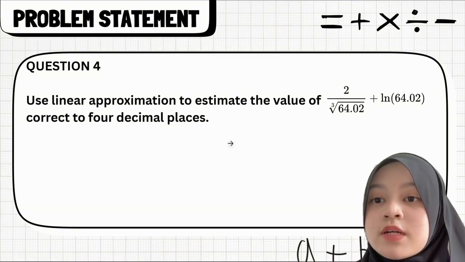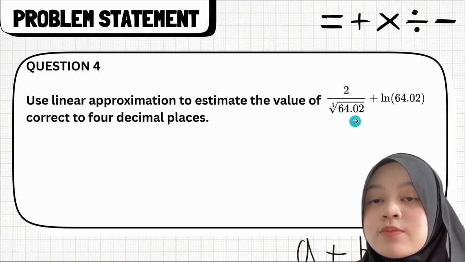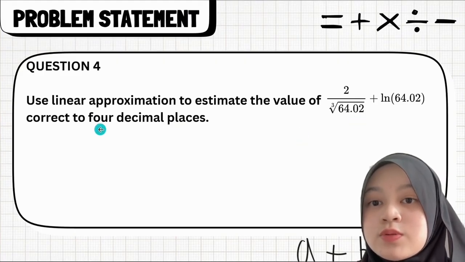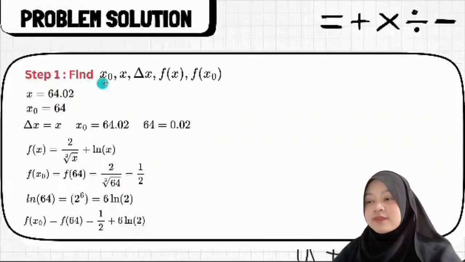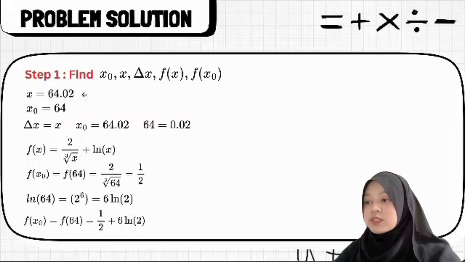For question 4, use linear approximation to estimate the value of 2 over the cube root of 64.02 plus ln of 64.02, correct to 4 decimal places. For the first step, we'll have to find x naught, x, change of x, f(x), and f(x naught). Firstly, we'll set x as 64.02 and choose x naught as 64, which makes the change of x 0.02. Next, we'll define the function f of x equals 2 over the cube root of x plus ln of x,